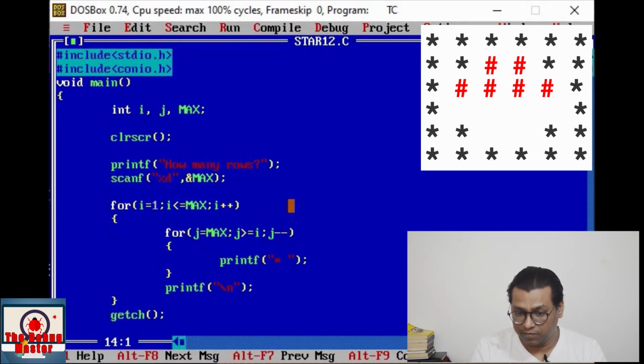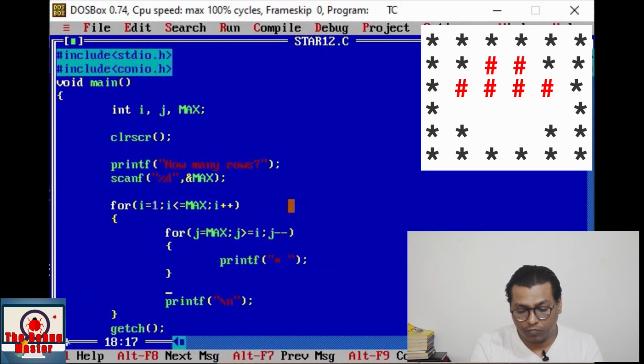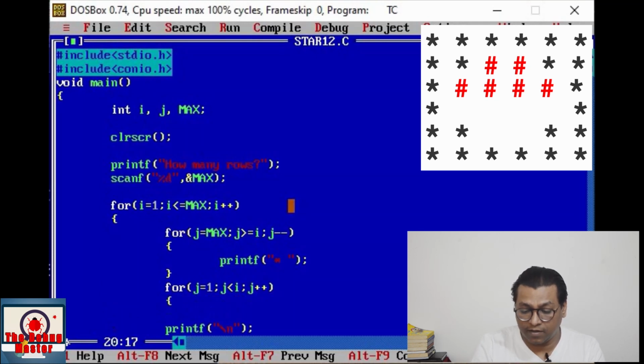Next, here we shall write for j is equal to 1, j is less than I and j plus plus, and here we shall print hash.